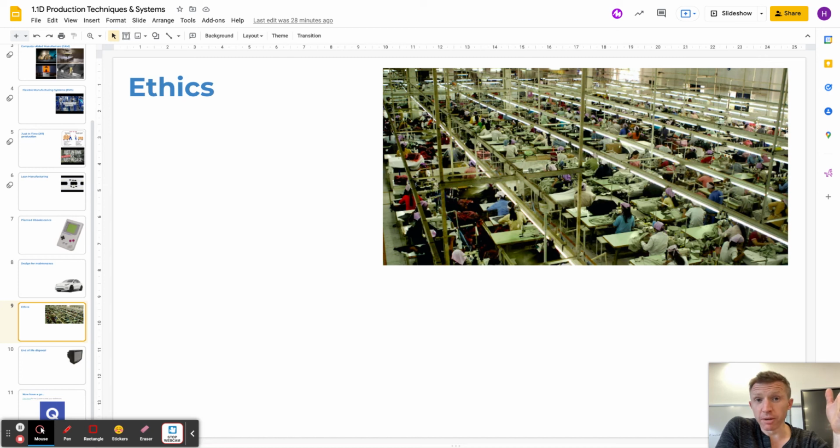But yeah, ideally a good company is one that will look after its workers and pay them a fair wage. And if you're using overseas manufacturing, you're making sure that the workers in the factories you're using are paid a fair wage. This is particularly prevalent in the textiles industry, but if you're a really responsible manufacturer, you'd hope that, number one, you'd use materials that are sustainably sourced,